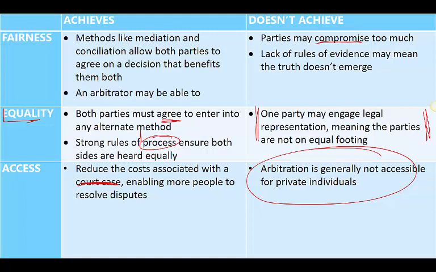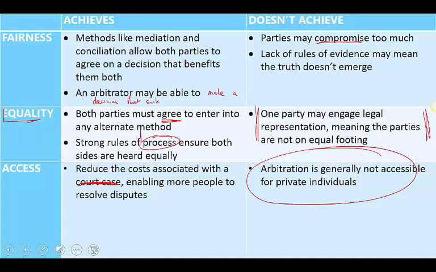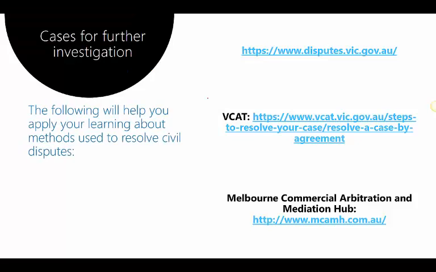I've also got here, and I haven't finished it off, that fairness is achieved because an arbitrator may be able to make a decision that suits both parties. So that's fair, much like in mediation and conciliation, you can agree on a decision that suits you both. To quickly finish off, and I will link these below as always,